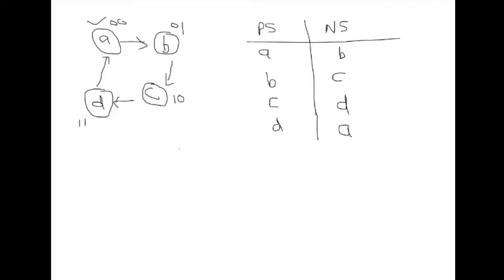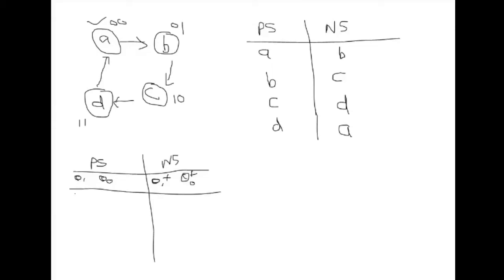So if we need to make the state transition table for the 2-bit up counter, I will make it as present state and next state. For the present state, since I am talking about 2 bits, I will take Q0 and Q1. So these are my 2 bits that I am considering. If these are the present state, the next state will be Q1 plus and Q0 plus.